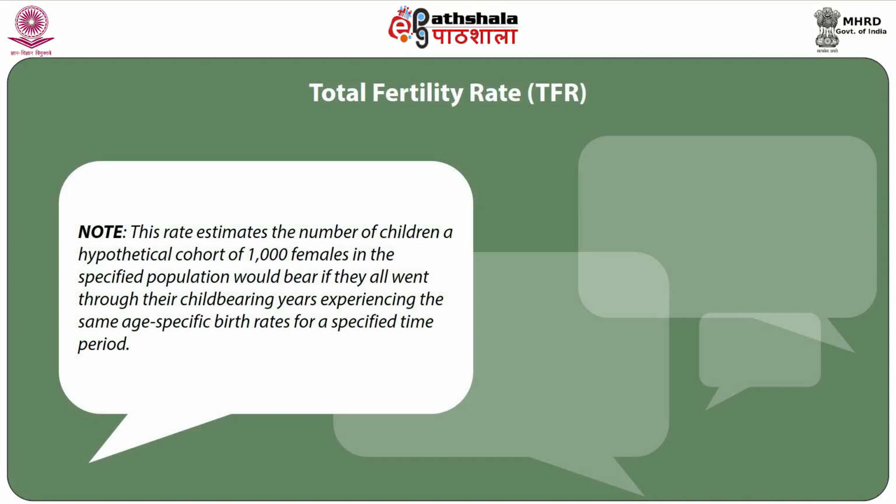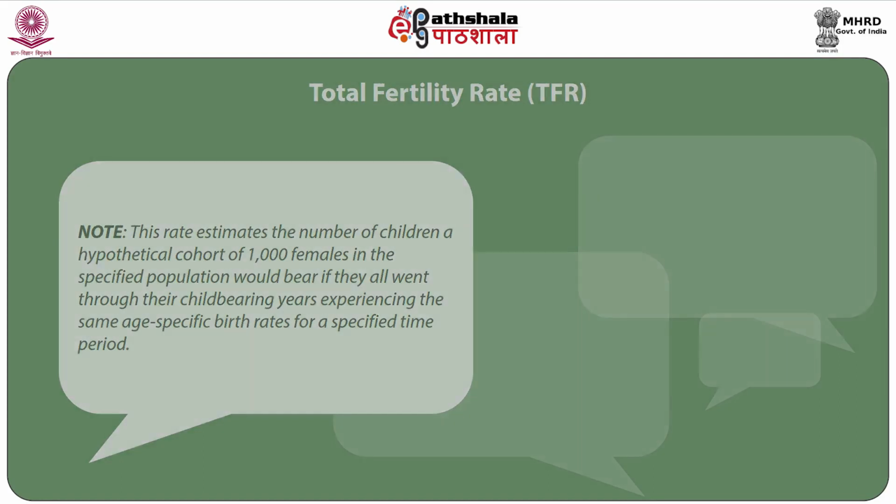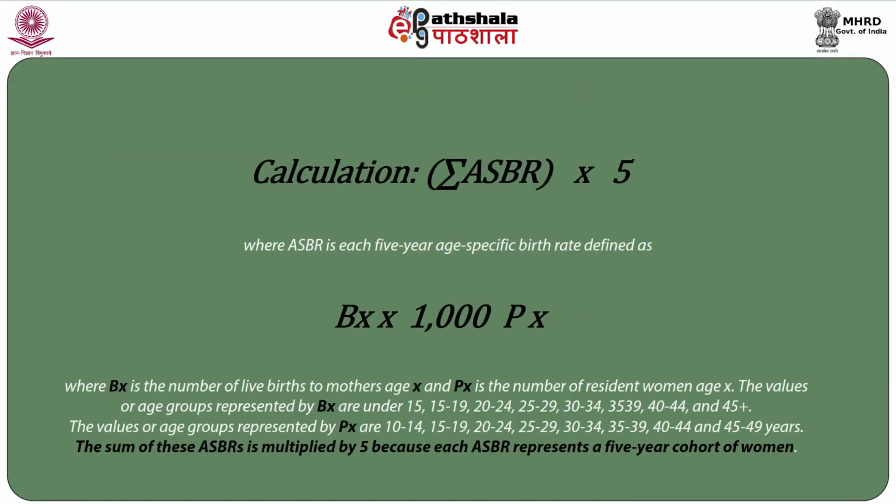Note that this rate estimates the number of children a hypothetical cohort of 1000 females in the specified population would bear if they all went through their childbearing years experiencing the same age-specific birth rates for a specified time period. The calculation is sigma of age-specific birth rates multiplied by 5,